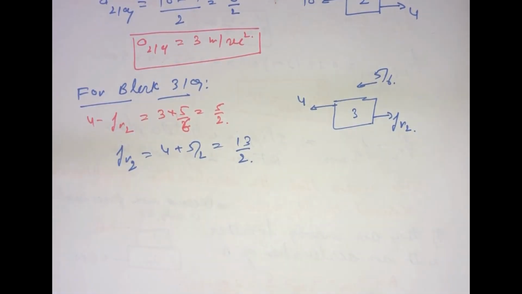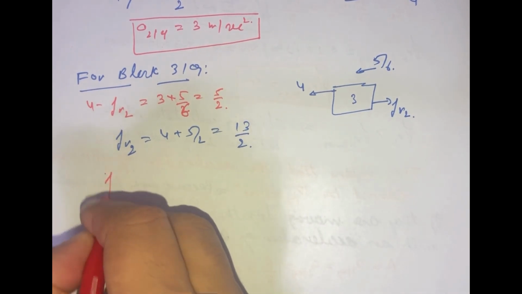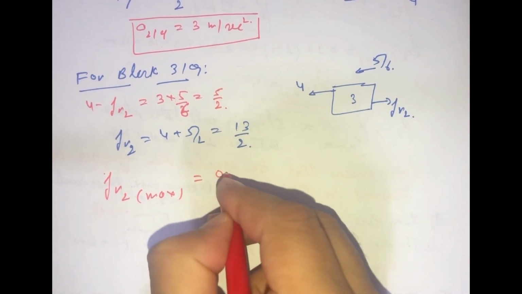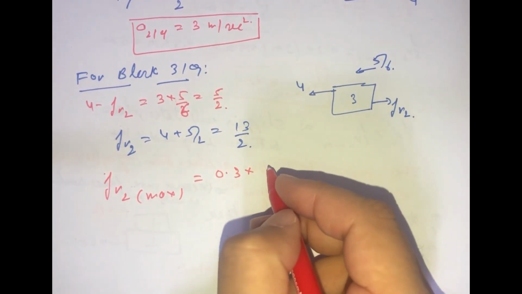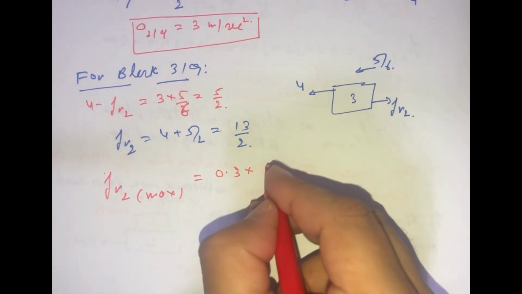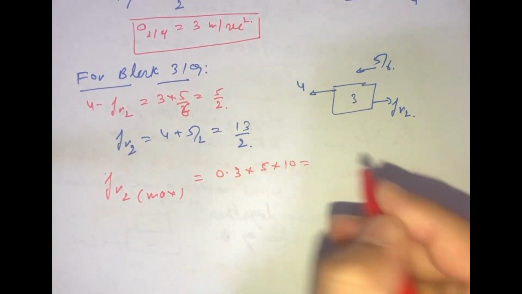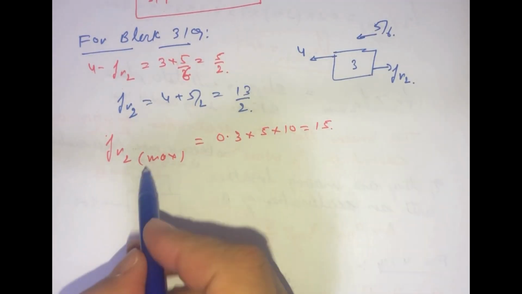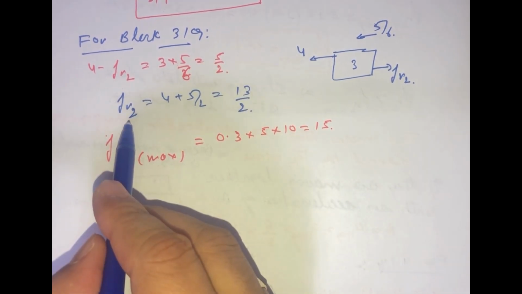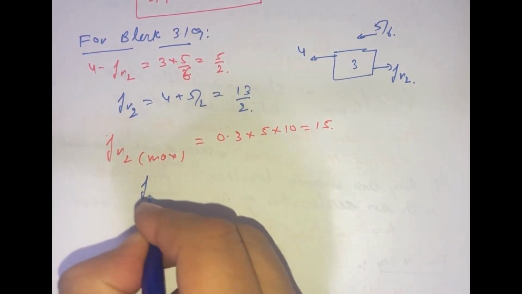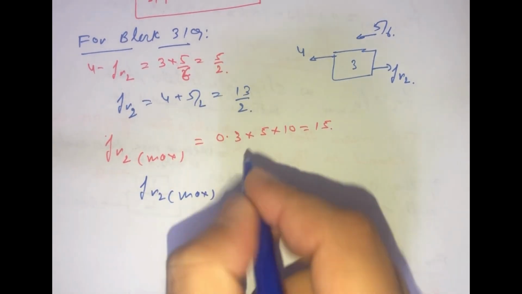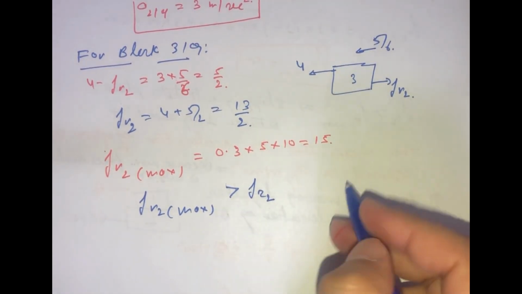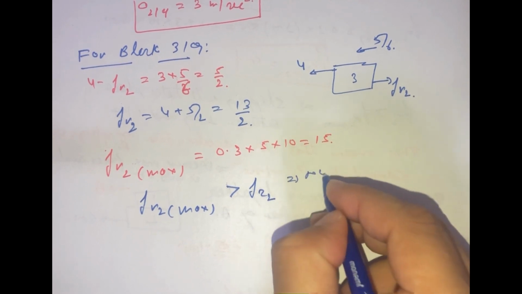Now we find out what will be the FR2 max. So we say that FR2 max, the coefficient of friction is 0.3, and we have the weight as 3 plus 2, that is 5, into 10, so this will be coming as 15. Now the maximum available force is higher than the required force. So we can say that FR2 max, the maximum force available, is greater than the required force. So we can say that from here, no slipping